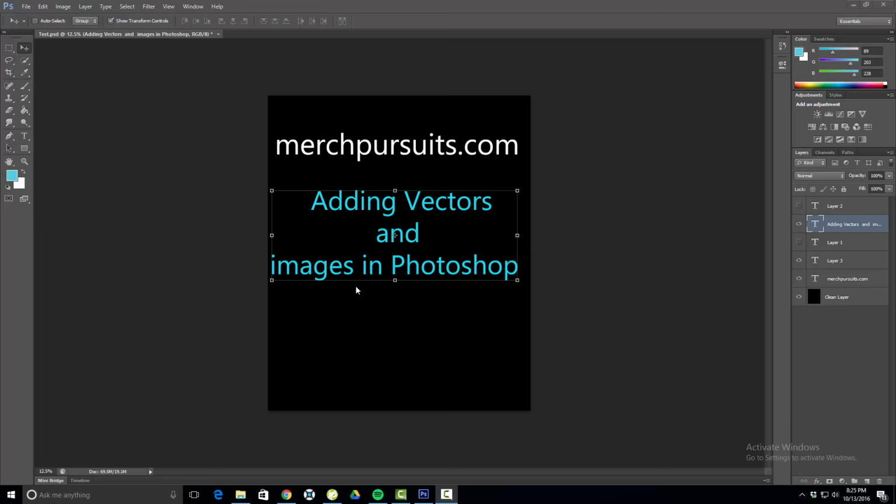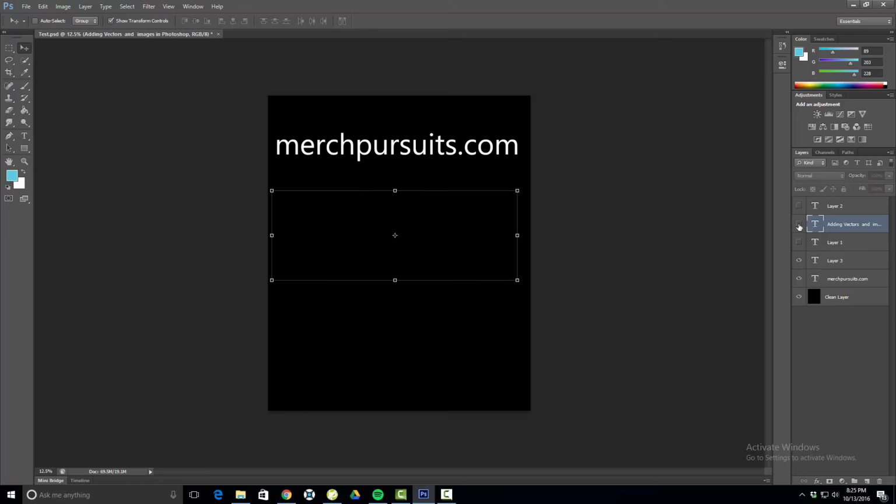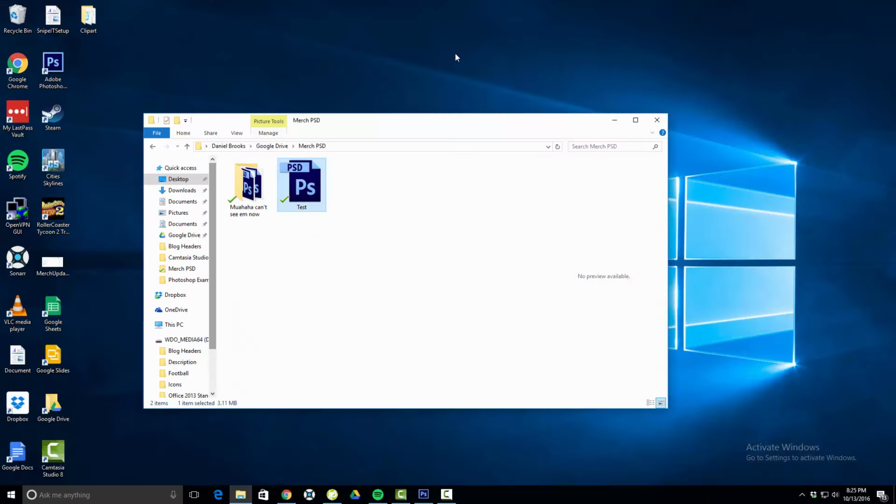So to do that, open up Photoshop and make sure you have just a clean layer, nothing on it. Maybe if you want some text on there you can leave that, and I'm just going to make all the other layers invisible for now. Then you minimize Photoshop,